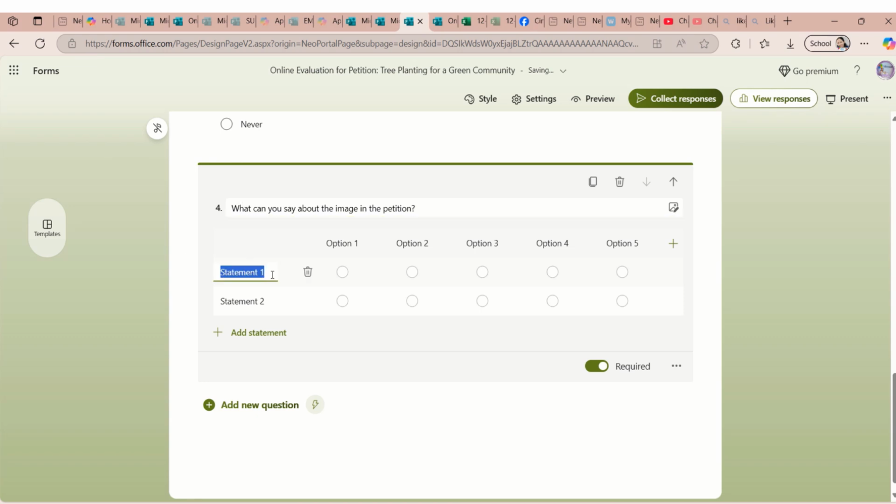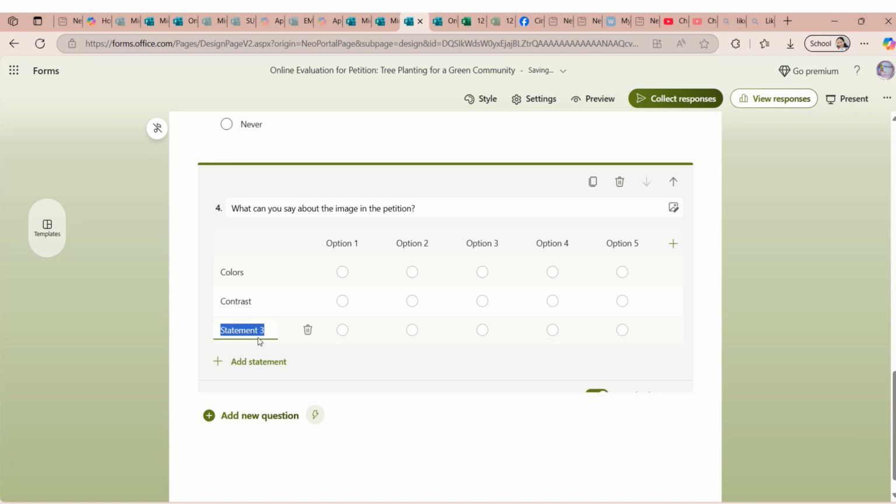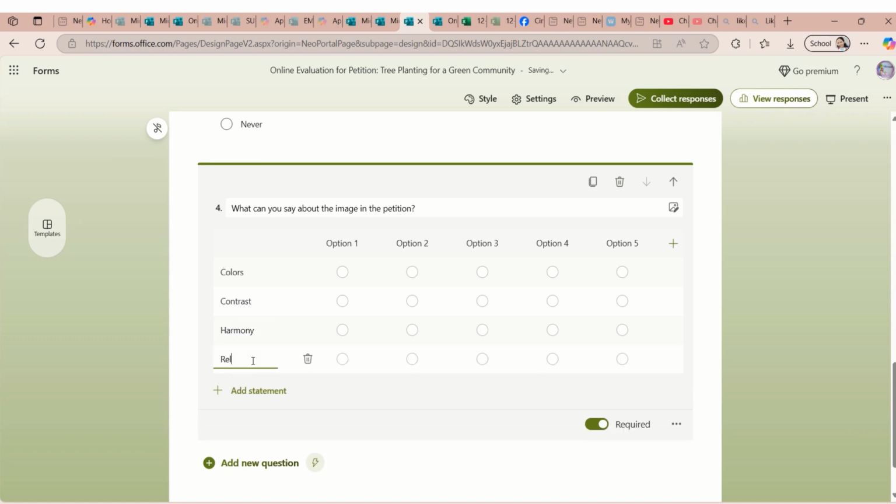So you can add the statements here about the colors, about the contrast, about the harmony and relevance, meaning relevance to the petition.